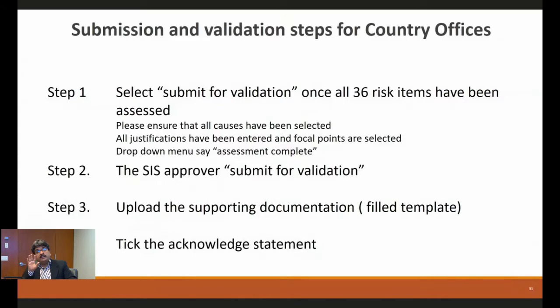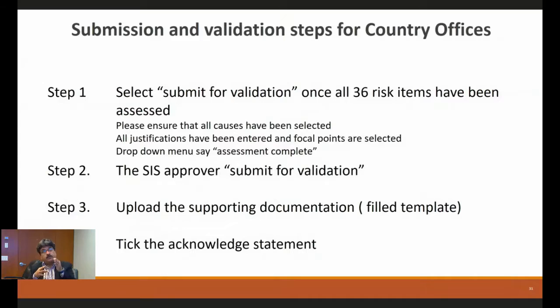So that's why sometimes when you do the assessment, you might feel you have done everything, but you have to closely watch if even one risk factor out of 36 risk factors, you have not chosen the causes or you have not entered the focal point, or for the strategic risk, you have not given the impact and probability rating. The assessment complete status will not come in the menu, and if that doesn't come, you can't even submit for the